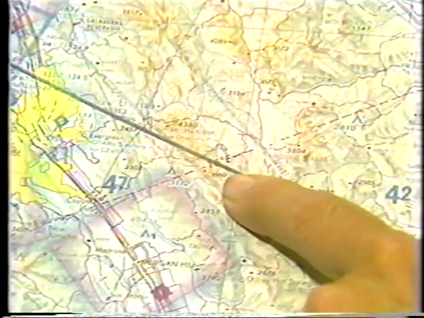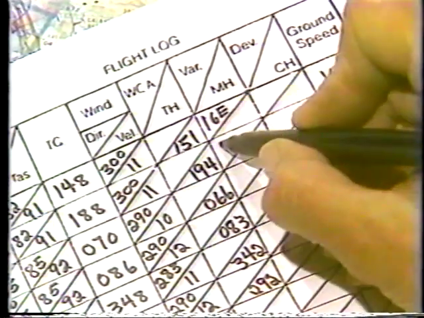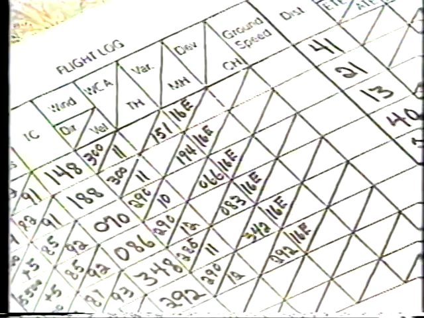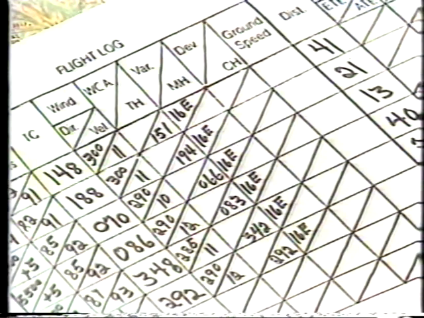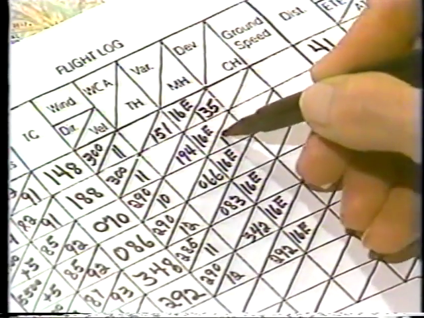The number is 16 degrees east, and this is what we will enter in the flight log for all legs. The letter E indicates that the 16 degrees will be subtracted from the true heading. Remember, east is least, west is best. On some flights, the variation may change for some portion of the trip, and you should include these changes in your flight log. Subtracting 16 degrees from the heading for each leg, the magnetic headings are 135, 178,